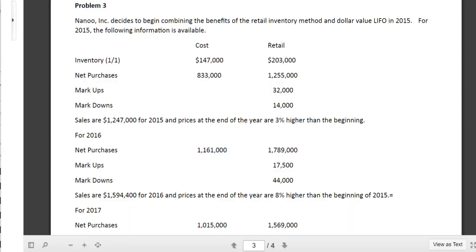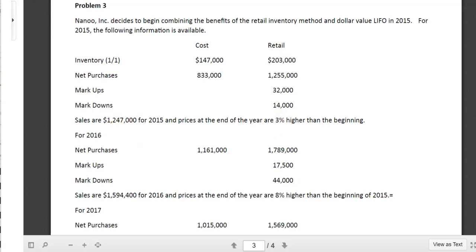Hello everyone. We're going to look at problems 3 and 4 from our test review. Problem 3 has to do with retail and dollar value LIFO inventory. So they're going to do that together, both of them. And they've given us the information we need for costs and retail, markups, and the inflation rates that we need,